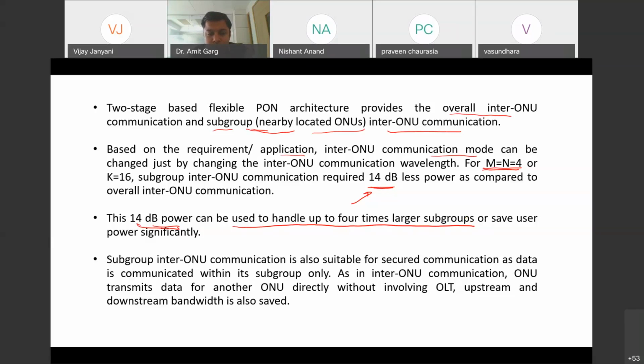Even though we are talking about the ideal case, which is 14, even if it is not 14, maybe 10 dB saving is there, that is also a significant saving. So subgroup inter-ONU communication is also suitable for secured communication, because we are communicating the data only in the subgroup.